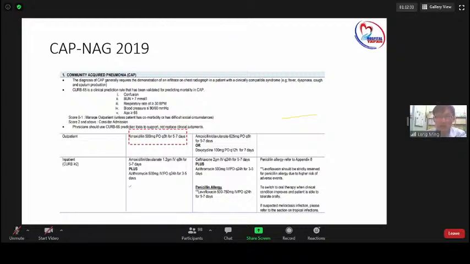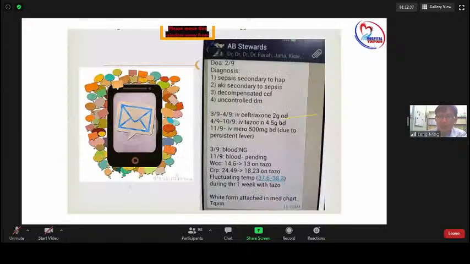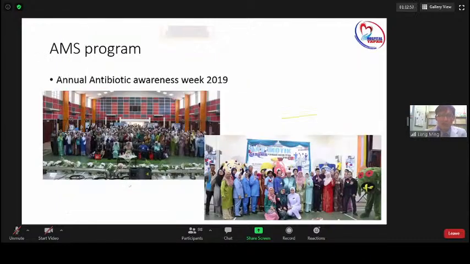So how we control it is important. This is an example of how we discuss with doctors using WhatsApp. It is a very simple WhatsApp for those who don't have an AMS round. Just tell the doctors what is happening and see some of the feedback. From there, we inform the senior MO during the meeting how we can do it. So pharmacy is also involved in the AMS program.